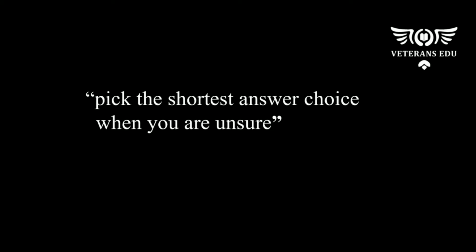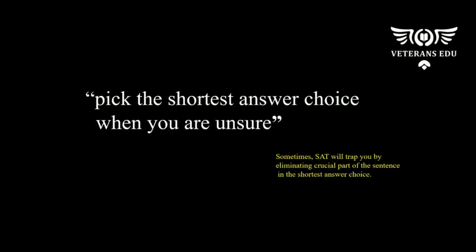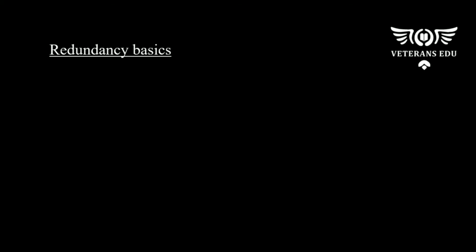This is because among the 14 grammar types tested in the writing section, SAT will always test you at least 2 questions on redundancy and conciseness. The problem is, SAT also knows about this tip, and they're actually using this tip to trap students. Therefore, instead of just randomly picking the shortest answer choice, there are 3 concepts that you have to understand regarding